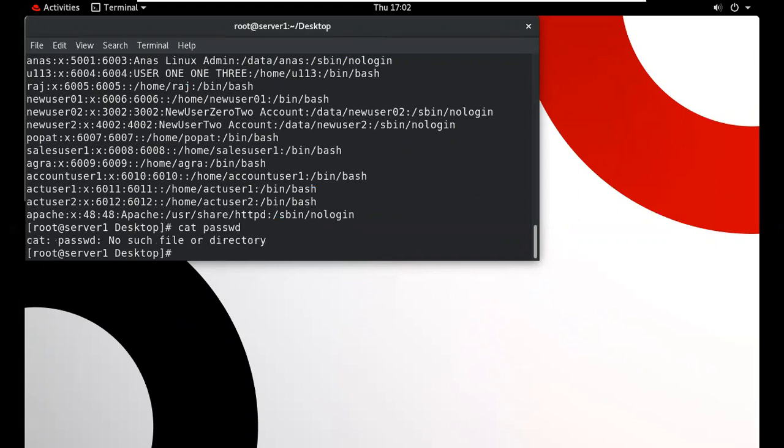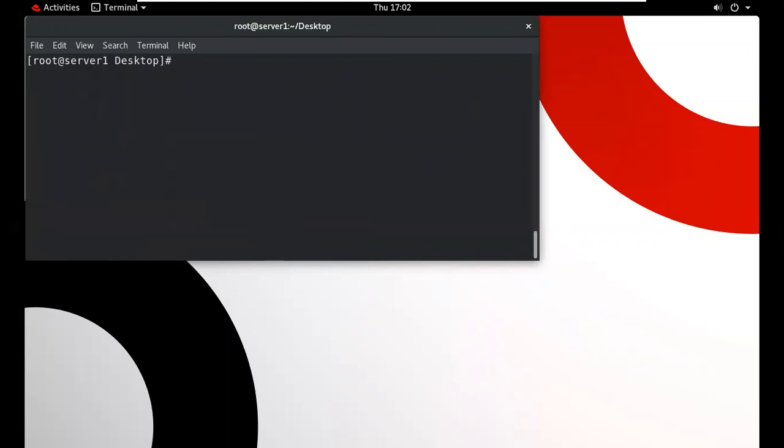We can't open this. So for this, we can create a soft link. Soft link is used to resolve the long path name. ln is a command that is used to create soft link and also hard link. Then type -s for soft link, and we want to create soft link of this particular file.